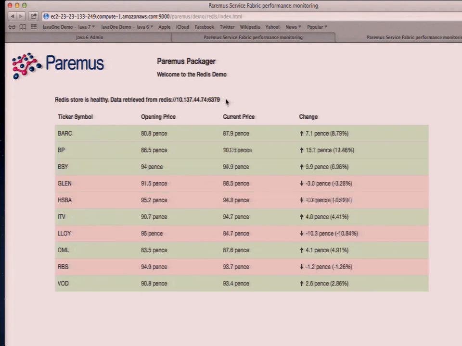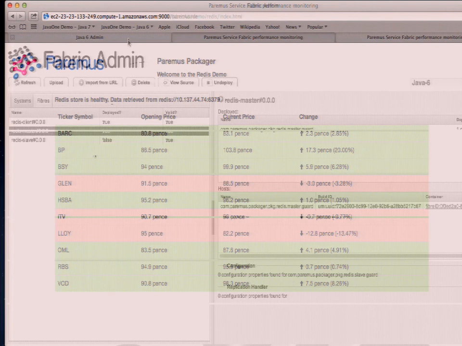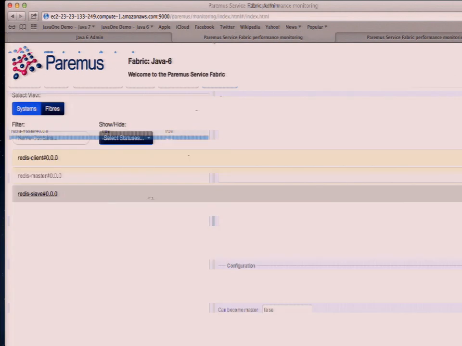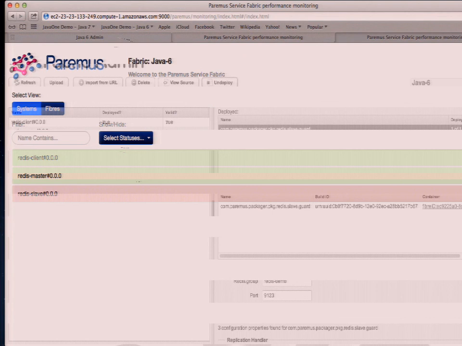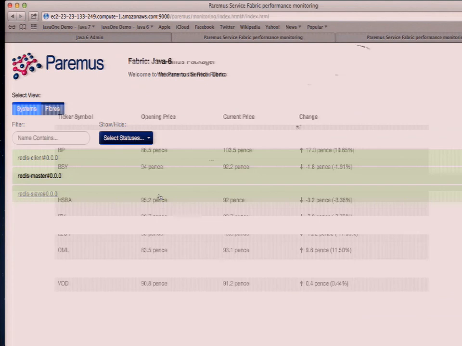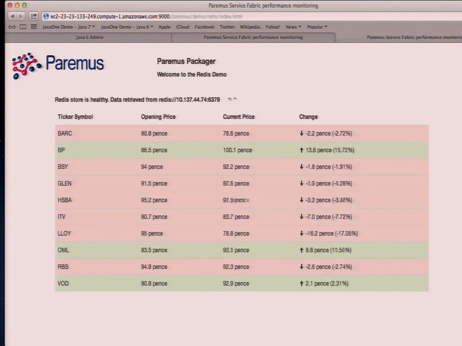And everything's good, but we're doing it all from this one port, and if the master failed, that would be a bad thing. So what I'm going to do now is, you saw I had a slave, so if we deploy the slave, and you can see here, this thing is deployed. That's red at the moment, it's gone green, which means that deployment's successful, and now we should see,